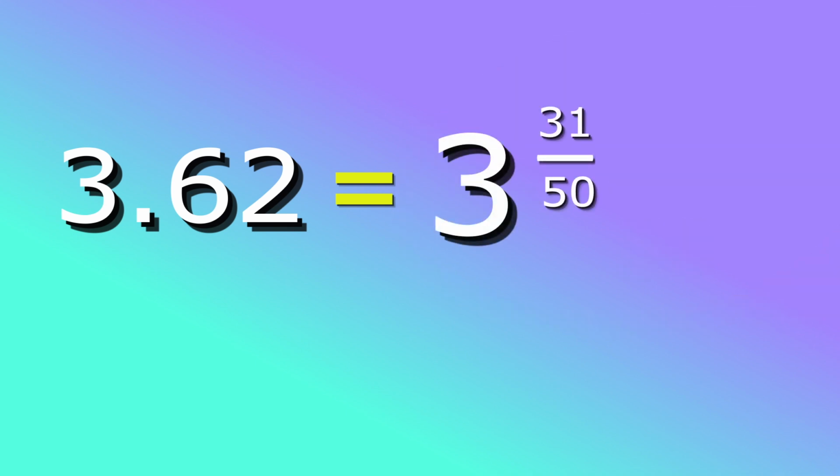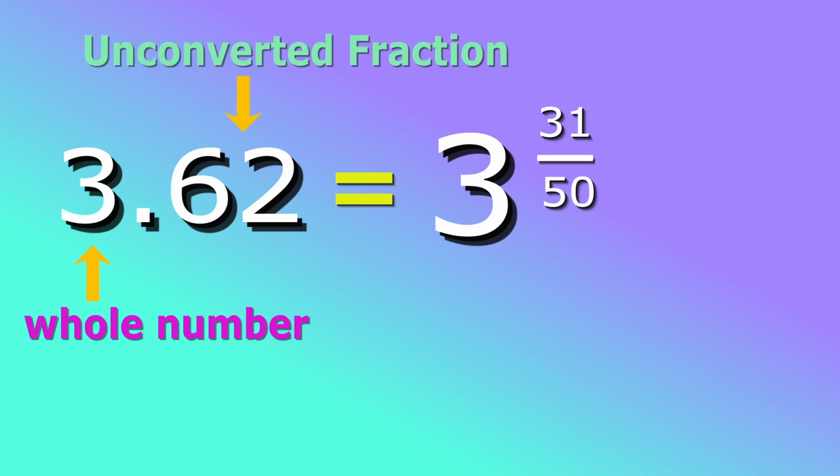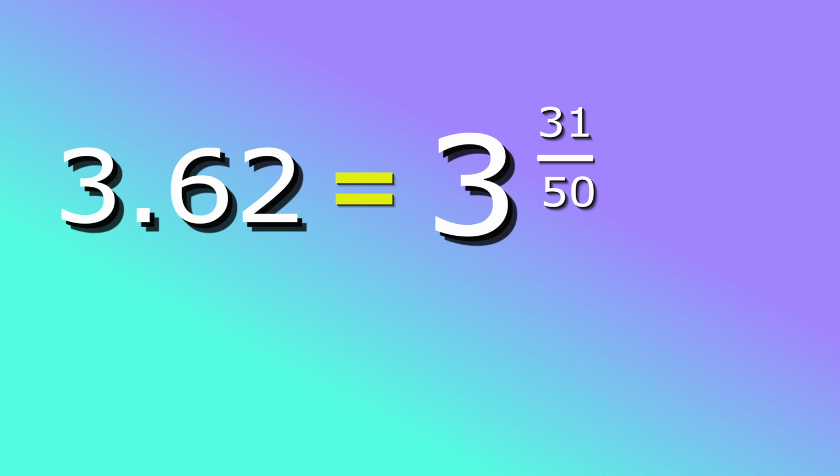So if you get a decimal that's greater than 1, it's just a mixed number in disguise. It's a whole number with a fraction added to it. In this case, 3 was the whole number, and 0.62 is an unconverted fraction. So in order to turn a number like this into a fraction, you just separate the whole numbers and then use the 5 steps to convert the remaining decimals into a fraction. And then add the whole numbers back later once you've done the conversion, and that will be your answer, and it will be a mixed number.